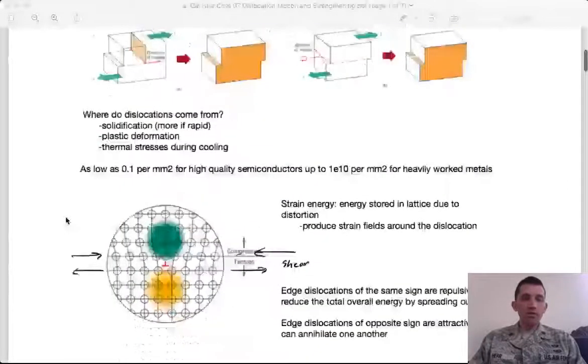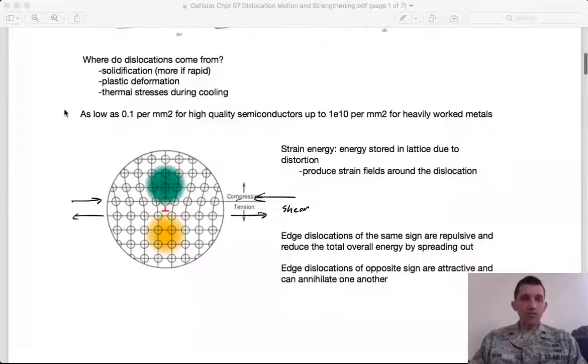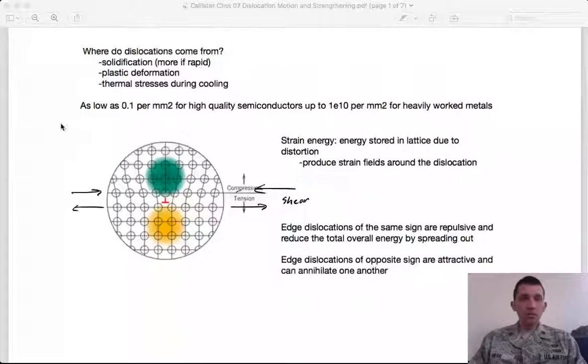Another place that dislocations can come from is thermal stresses during cooling. This is related to the solidification that we talked about here. We have cooling, and we have thermal stresses that develop because atoms can't get quite to where they need to be, and so there's a higher energy state there, which is a thermal stress. And so the densities can vary quite